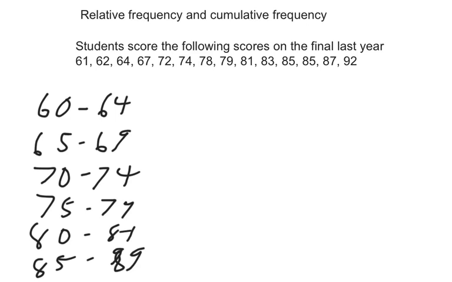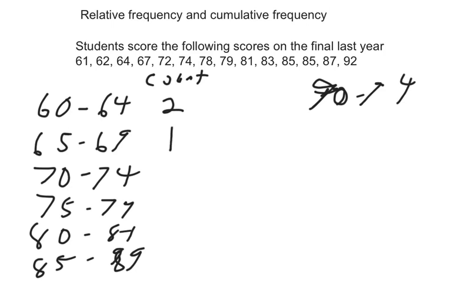And 90 to 94. And I'll make a small little one over here. And in between 60 and 64, when we do the count, there are 2, and then 1, 74. 2, 75 to 79 was 2, 80 to 84 was 2, 85 to 89 is 2, 90 to 94 was